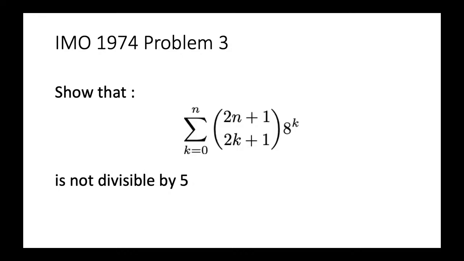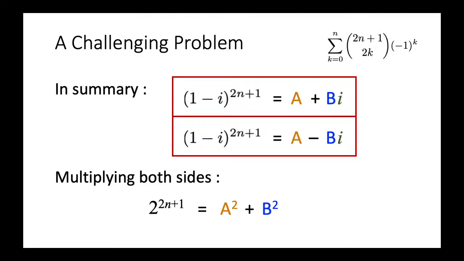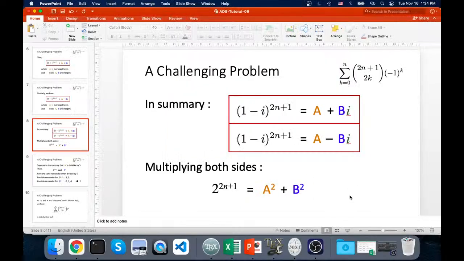Okay, so that's all for today. So the basic idea here is that this is somehow related to generating functions. But then we are not using x as an indicator. We are using i as an indicator. So sometimes it is quite useful to use i, and perhaps sometimes it is also useful to use something like cosine theta or sine theta as our indicator. Okay, so that's all for what I want to